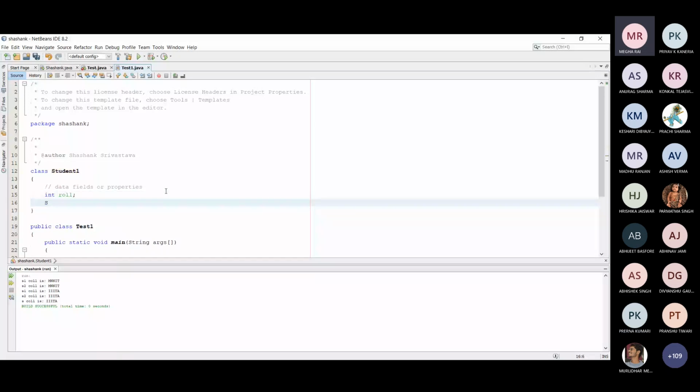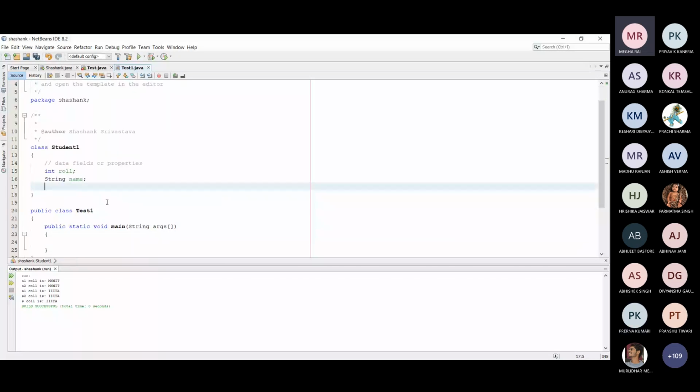Suppose there are two parameters, string name. Now these are two parameters, and as far as the method is concerned,